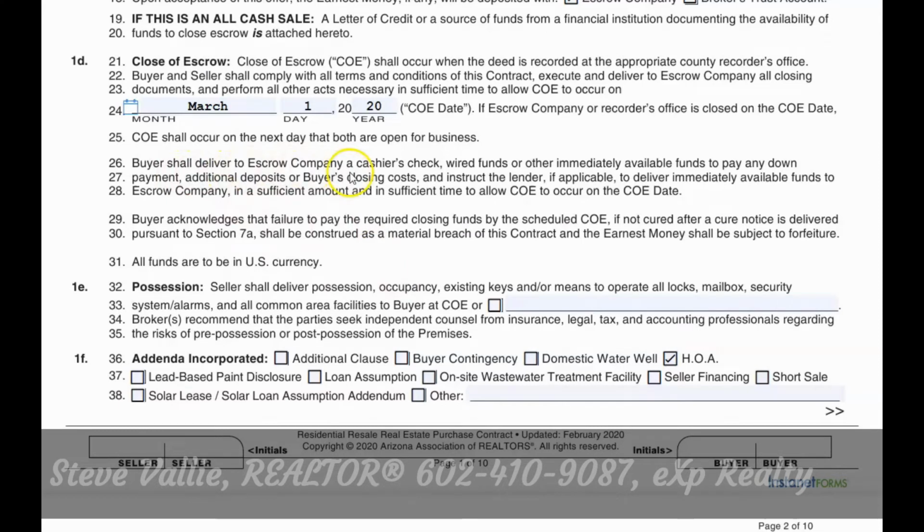Buyer shall deliver to the escrow company a cashier's check, wired funds, or other immediately available funds to pay any down payment, additional funds, or buyer's closing costs, and instruct the lender, if applicable, to deliver immediately available funds to the escrow company in a sufficient amount and in sufficient time to allow close of escrow to occur on the